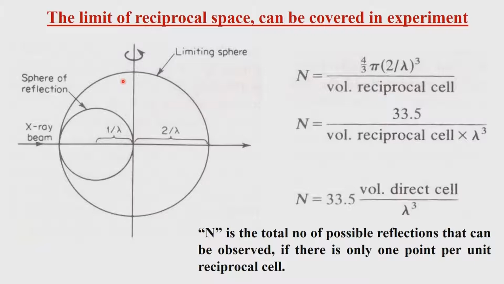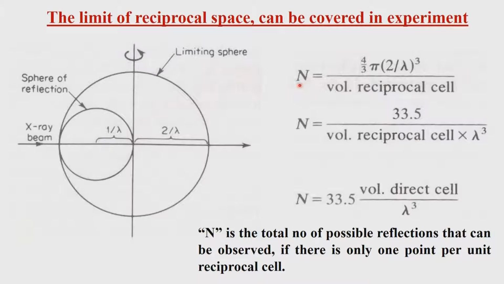In this example let us say it is 2-dimensional, so we put it behind this in the background. That reciprocal lattice will rotate as the crystal rotates, and when different points in the reciprocal lattice intersect with the sphere of reflection, the diffraction condition is satisfied, and therefore we will get to measure the intensity. So what is the number we can access? It is quite interesting to calculate the total number of reflections we can access by this approach.